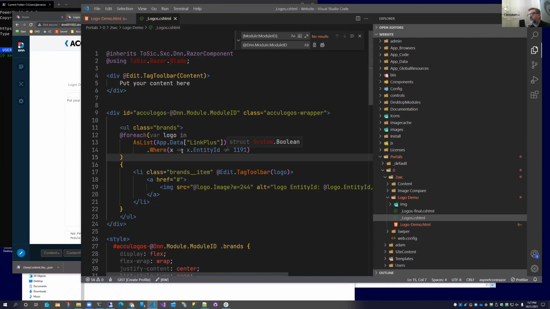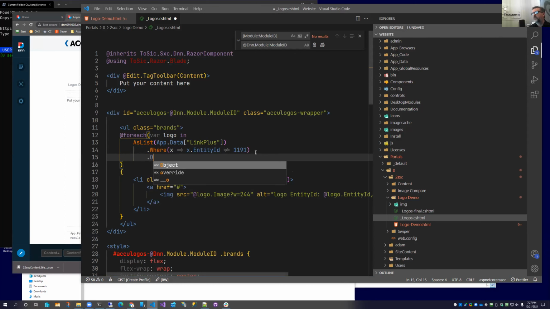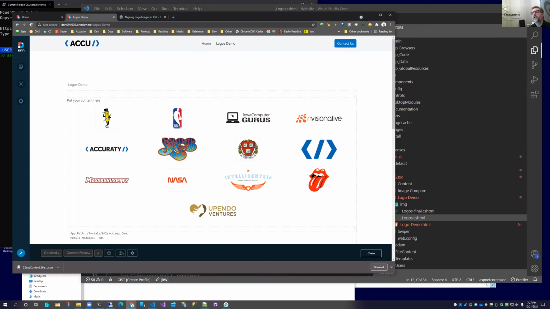And we could also start doing stuff like order by, if you guys are familiar with your LINQ fun. And we're just going to order by the title field, save. And now, obviously, yes should be last.